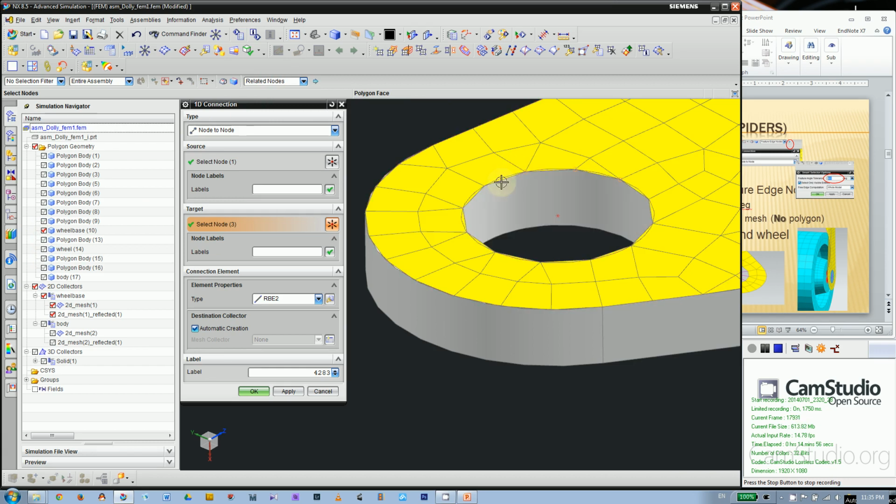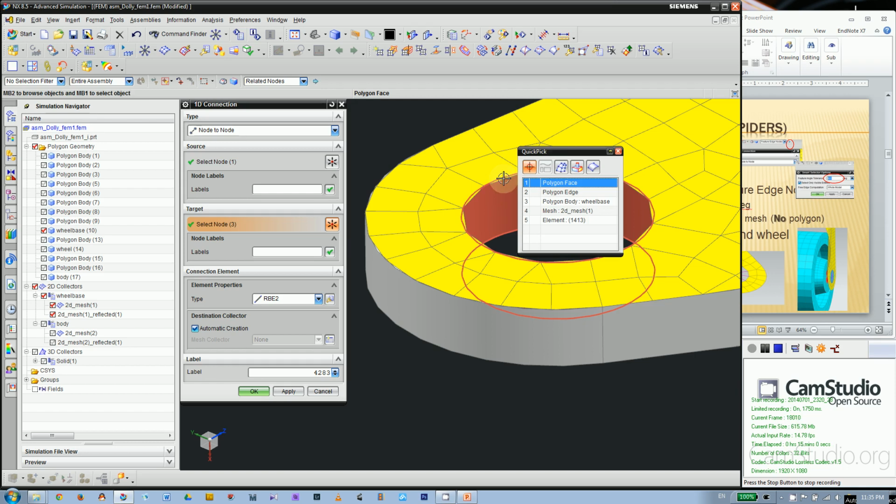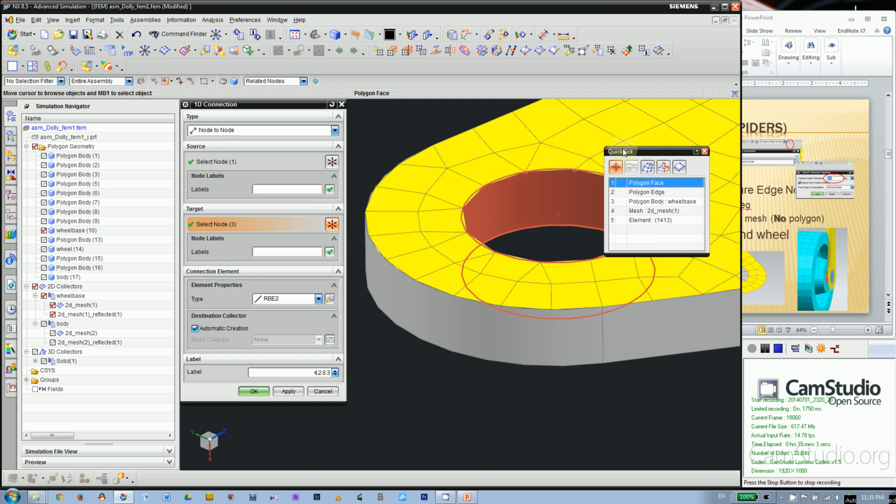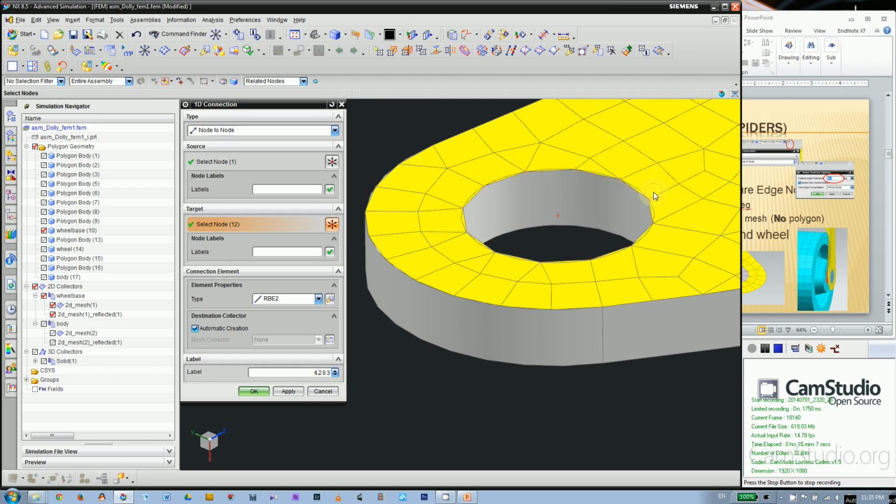So be careful, don't pick up the face. You have to wait for those 3 dots and pick from this menu. You want to pick this polygon edge, and those are the nodes that sit on the edge of this polygon. So that's how it's related. Okay, that's one of the methods. And we can create this one first